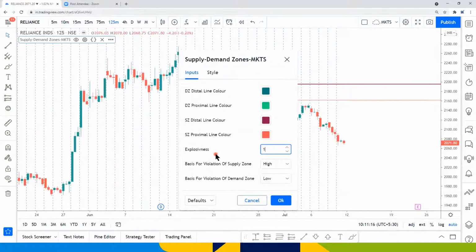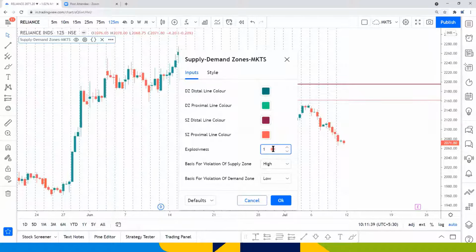Whatever alerts that you're getting on the channel are on the basis of this condition. On a swing channel, you'll get the alert as per 1.1 explosiveness. On the short-term channel, it is on 1.5. You can tweak around with this for the indicator. Whatever you feel is right can be used. So it has to be upwards of 1.